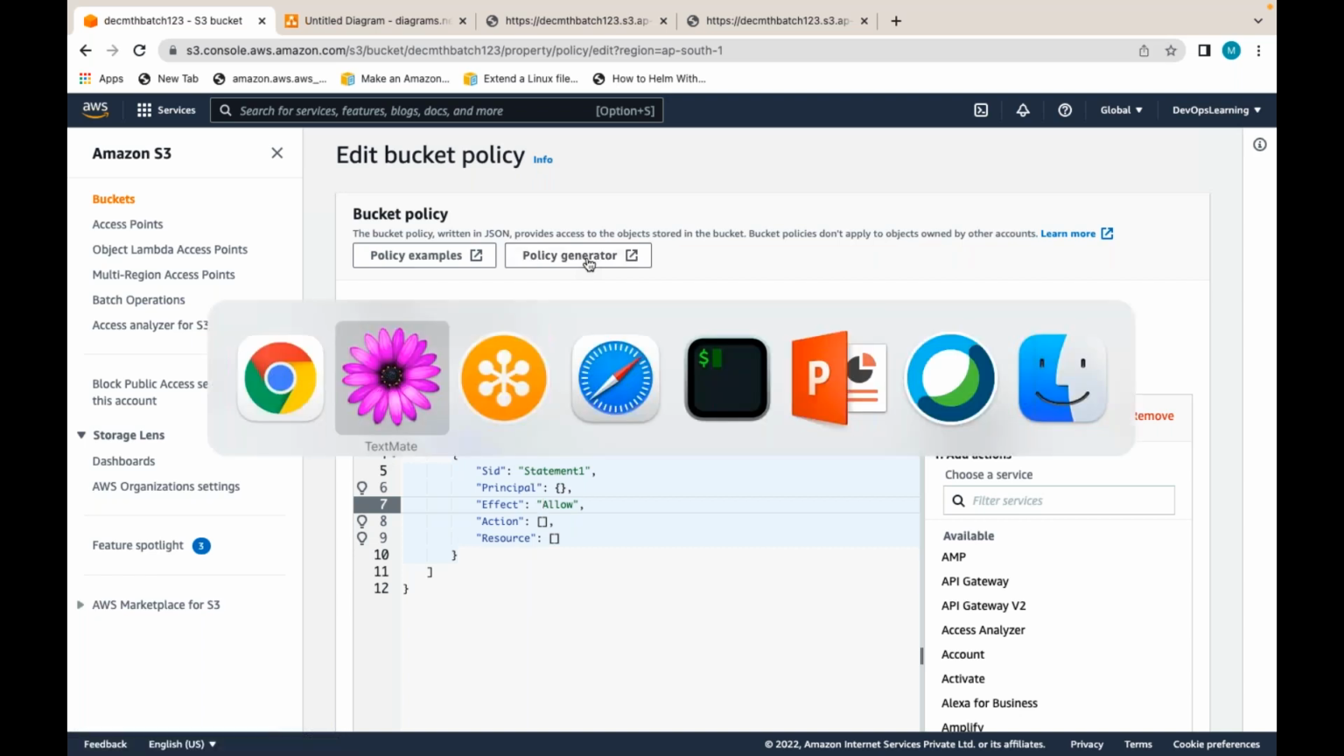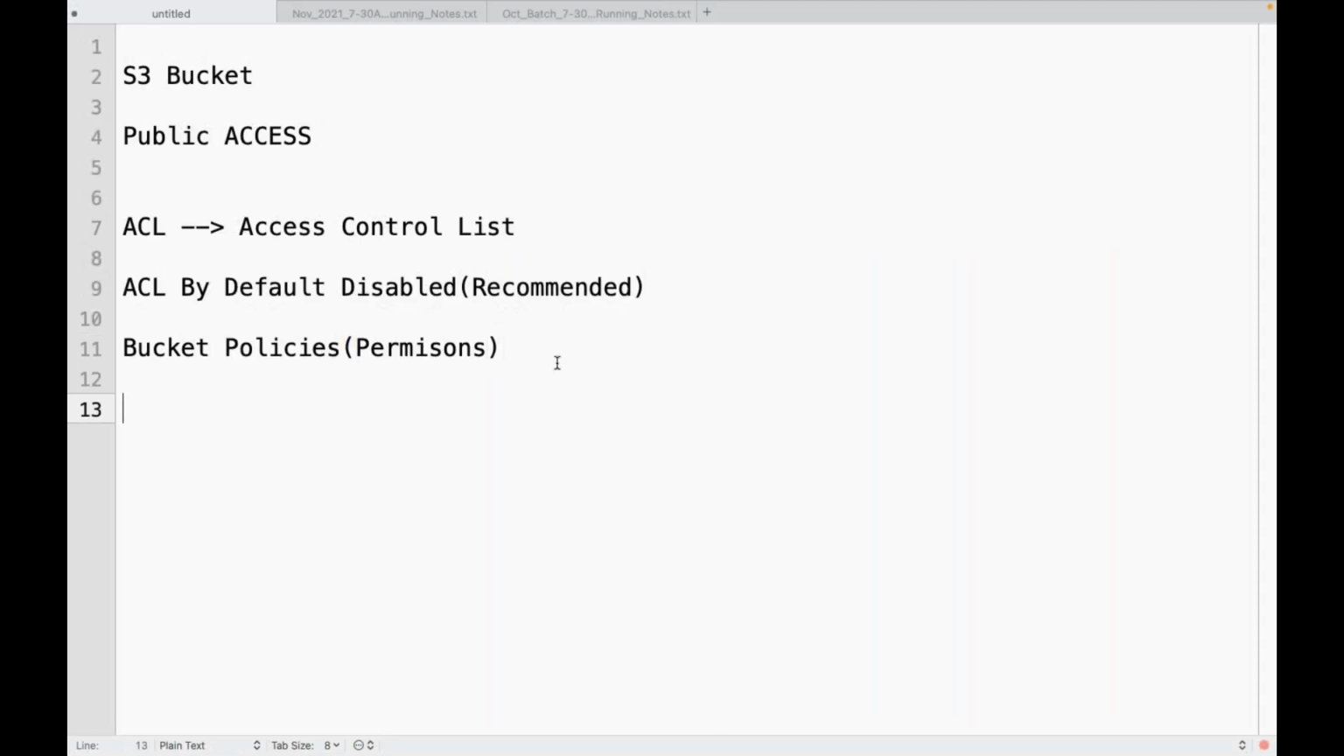ARN. There is one concept called ARN. What is ARN in AWS? Sometimes in the interview also they will ask. What is ARN in AWS? What is the full form of ARN here? Amazon Resource Name. It's a unique way